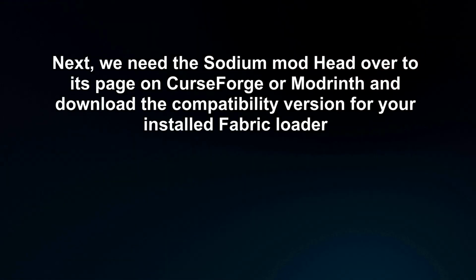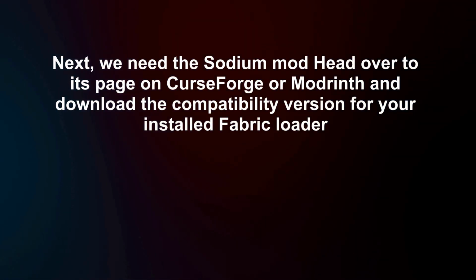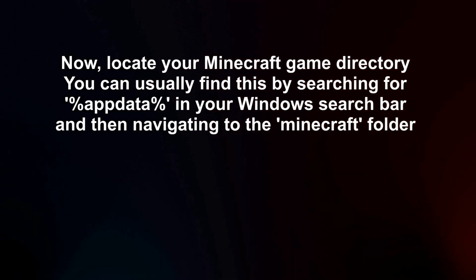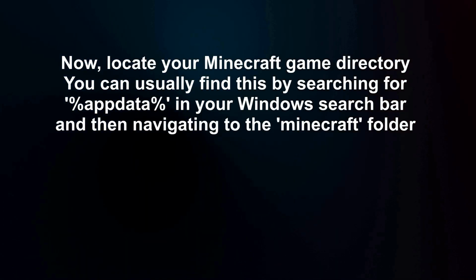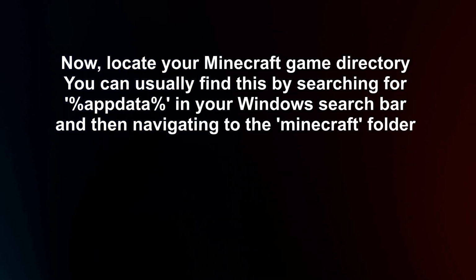Next, we need the Sodium mod. Head over to its page on CurseForge or Modrinth and download the compatibility version for your installed Fabric loader. Now, locate your Minecraft game directory. You can usually find this by searching for %appdata% in your Windows search bar and then navigating to the Minecraft